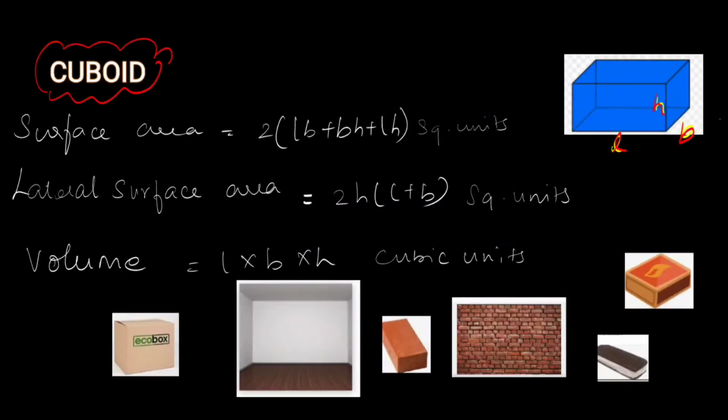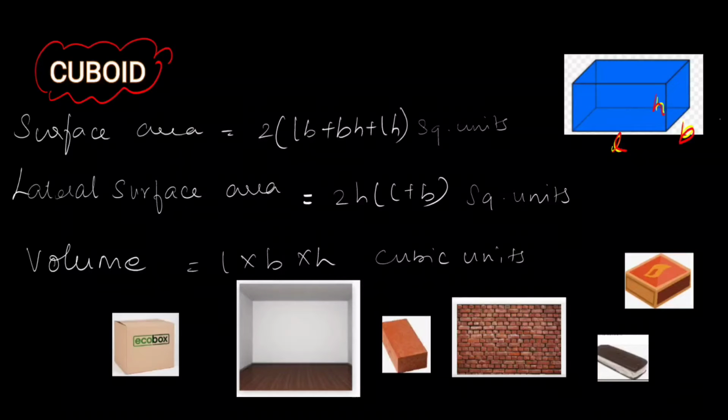Hello, this video is about solid shapes and three-dimensional figures, their surface area and volume, and all the concepts about that. First shape, it's a cuboid. What is a cuboid? A cuboid is nothing but a rectangle raised with some height to form a three-dimensional figure. Okay, first we are going to see surface area and volume.